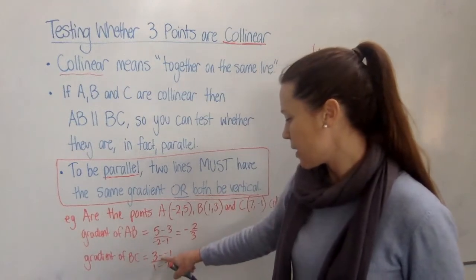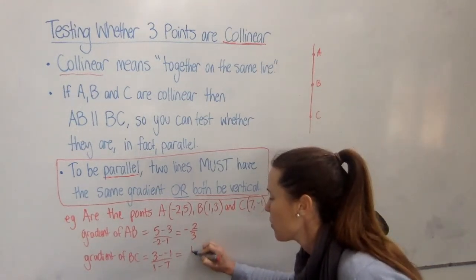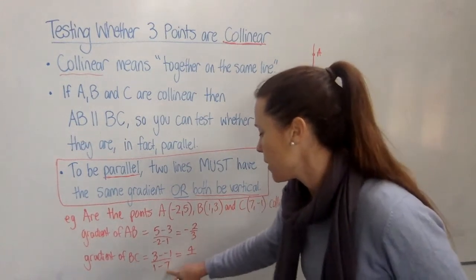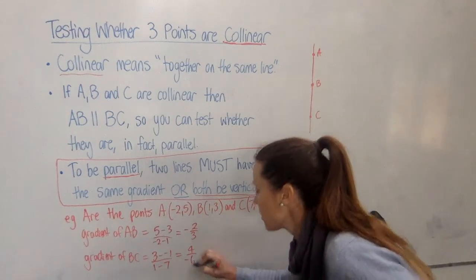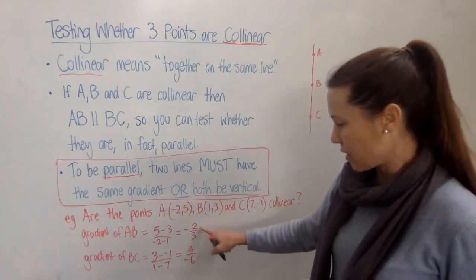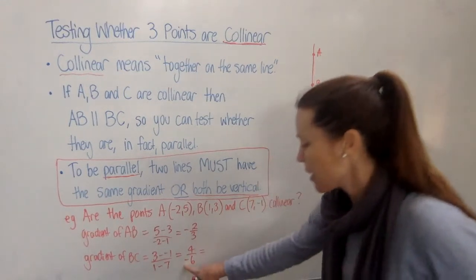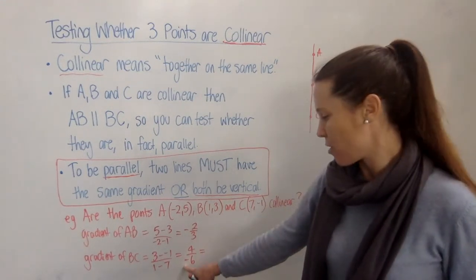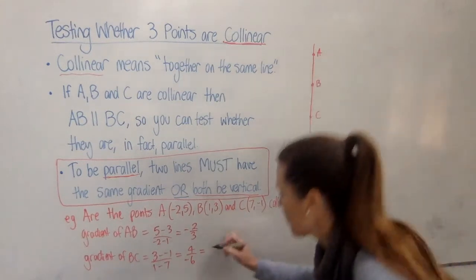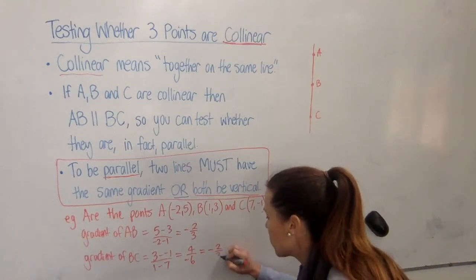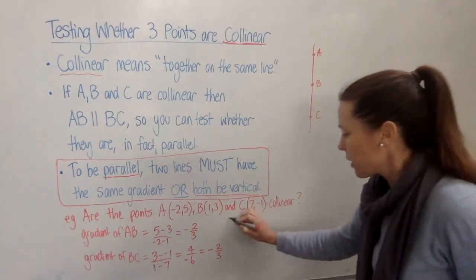Now 3 minus minus 1, that's 3 plus 1, which is 4. And 1 minus 7 is minus 6. So at that point I'll see it's the same as this because I can halve the top, halve the bottom. And I've got the negative down the bottom, but see, I know that that means it can just float out the front as well. So that's the same as negative 2/3, isn't it? So I can say here,